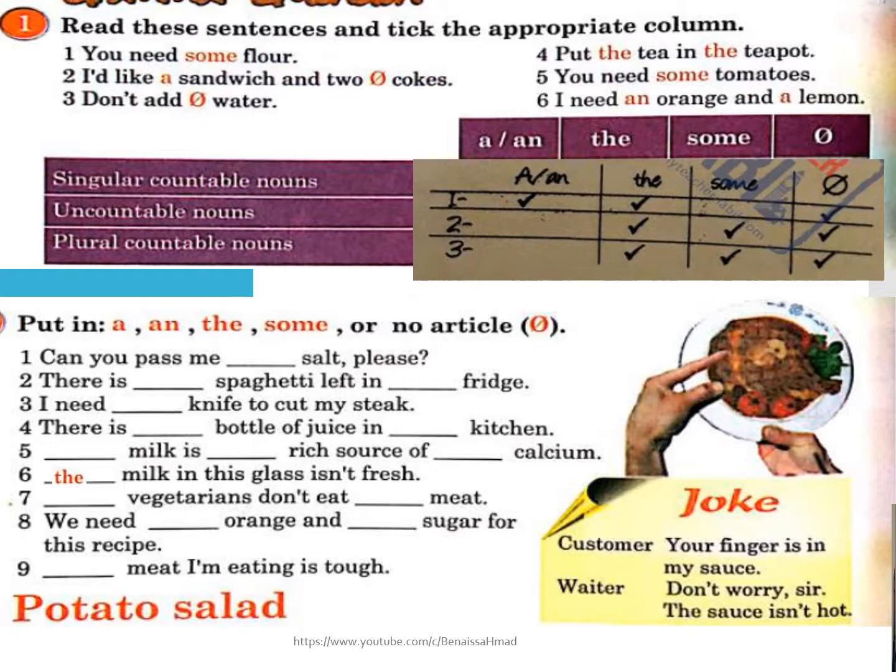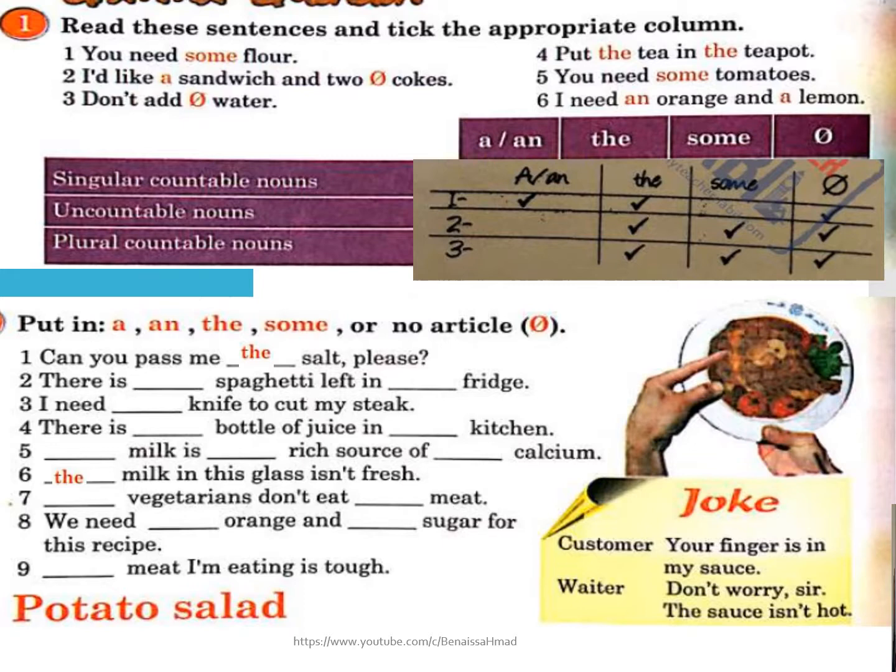We use the with singular countable nouns, uncountable nouns, and plural countable nouns. We use some with uncountable nouns and plural countable nouns. We can also use none of the previous words with singular countable nouns, uncountable nouns, and plural countable nouns as well. Now let's move to the next activity, which is about put in a and the, some,